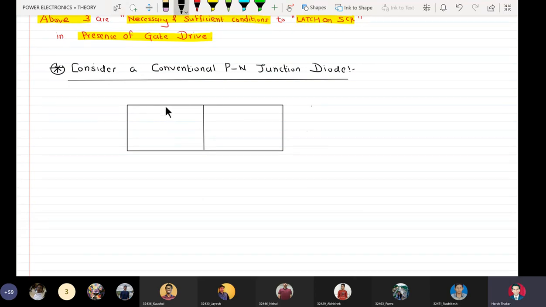So this is P, this is N, this is the anode terminal, this is the cathode terminal, and this is my junction J, PN junction J. Now all of us know